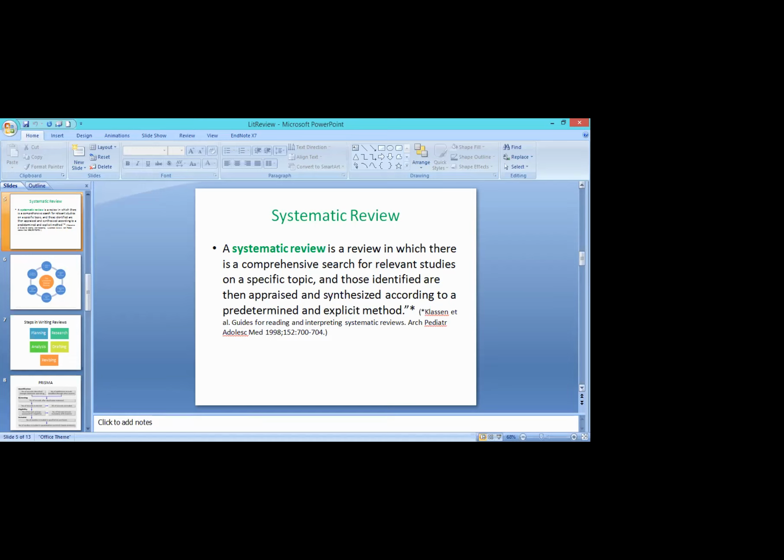In the basic definition of research, we have emphasized either a new thing or an addition to existing knowledge. If the critique is not there, if the identification of the gap is not there, then the whole exercise of systematic review is faulty, right? So the most important thing is how you appraised and synthesized it according to the predetermined and explicit method. And the best way of having a critique or critical appraisal is to discuss it with others.